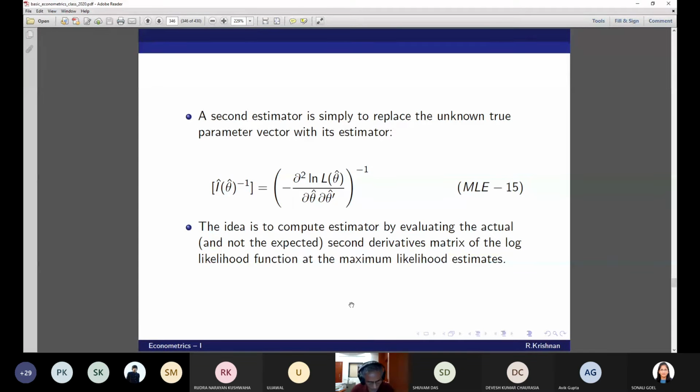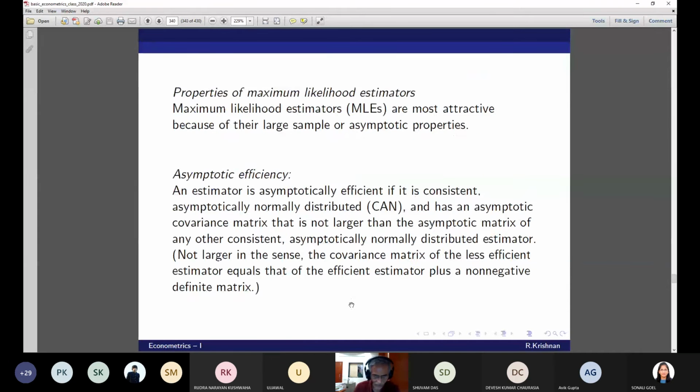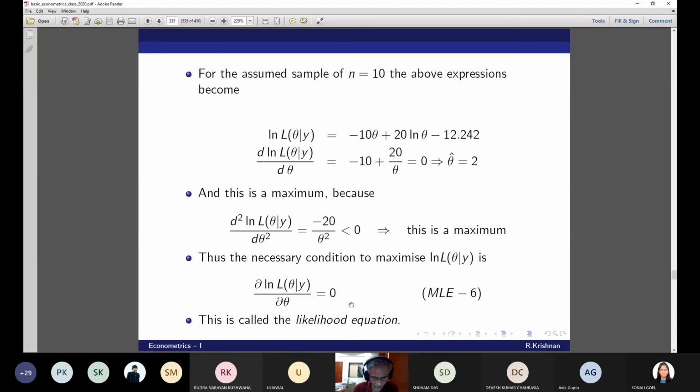Now I am just rushing through this for the following reason. This is why maximum likelihood is not in favor with the applied econometrician. Listen to this: except for the special case of the classical linear regression model, that is, errors distributed with mean 0 and variance sigma square I, the likelihood equations are very complicated non-linear equations.